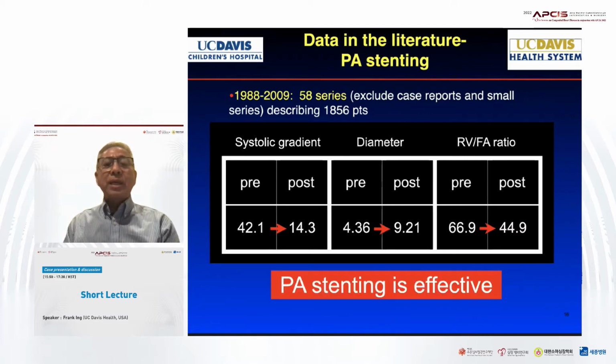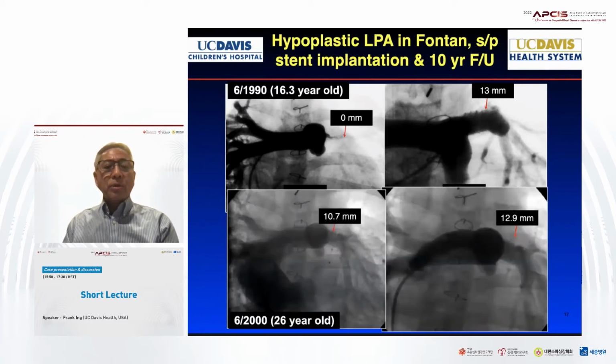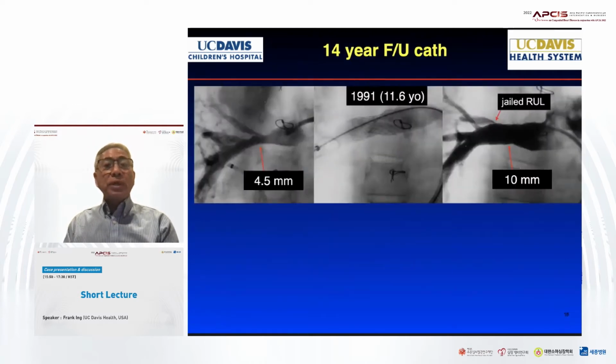So we know that stenting is quite safe. Here's a good example of a 10-year follow-up of a Fontan that had almost a loss of all flow to the left, and once you open that up, you can actually improve that flow. Here's another one, the same patient, now having gone from 0 flow up to 13 millimeters over a 10-year follow-up. And then there's another 14-year follow-up